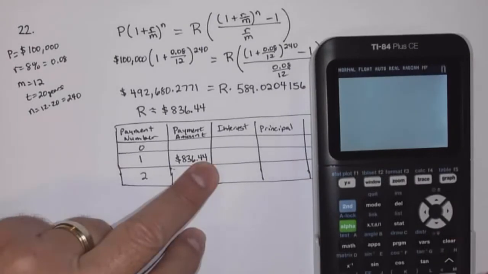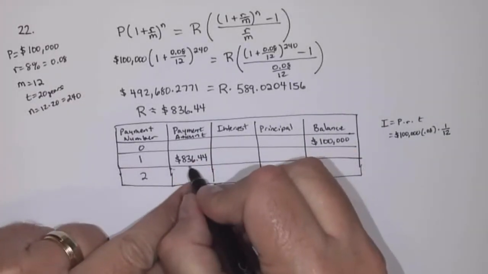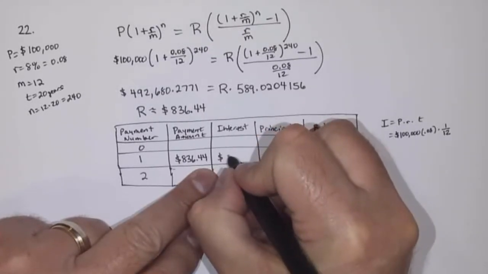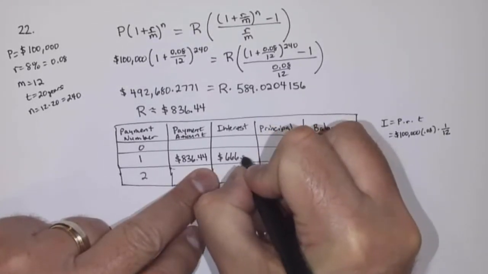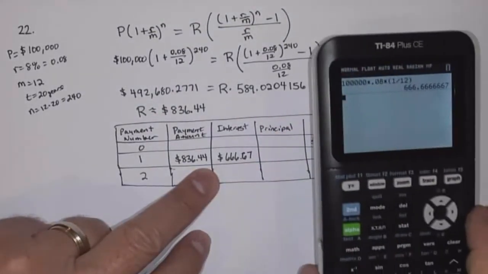So if I take $100,000 times 0.08 times 1/12 of a year, then that is $666.67. So of my $836.44 payment,